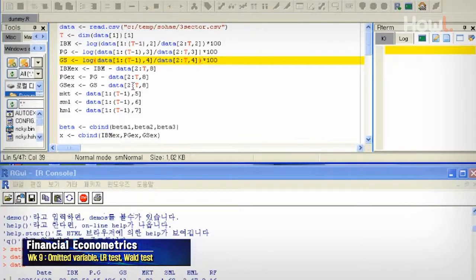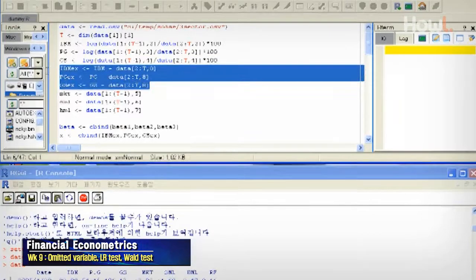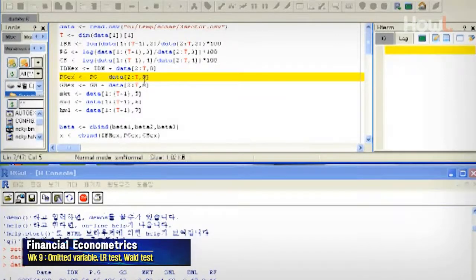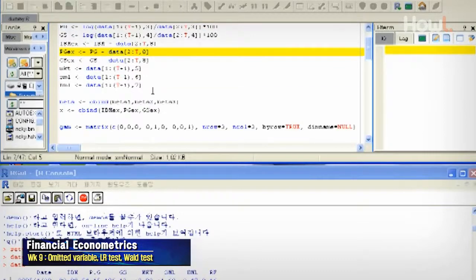What is that? What are they? The excess return. Oh, excess return over, right? Over the risk-free rate. Yep. Okay, market. Good. So first,